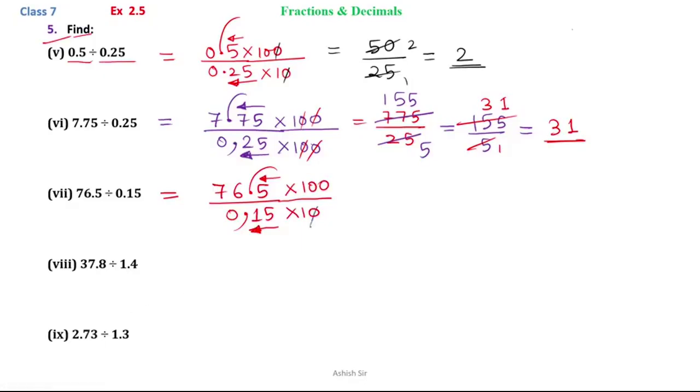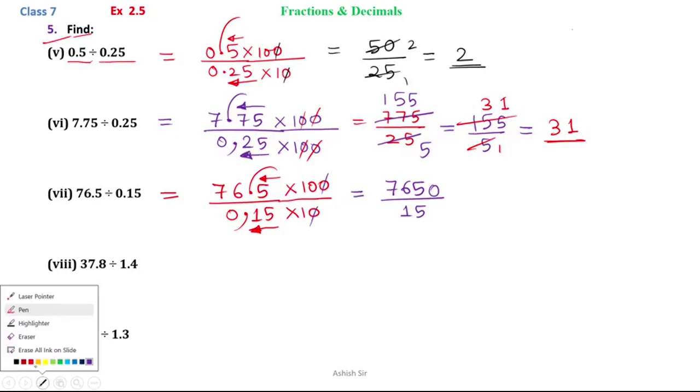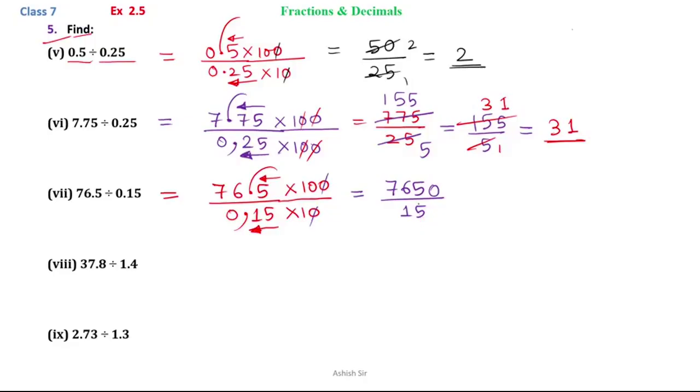Now we can cancel 0 with 0. And what we have is 7650 divided by 15 15. So we can directly cancel the numerator with the denominator, either with 15 or with 5. So if we go with 15, 15 ones are 15, 15 5s are 75, 1 remainder, so it is 15 again, 15 ones are 15 and 0. So we can directly find the answer: 510.